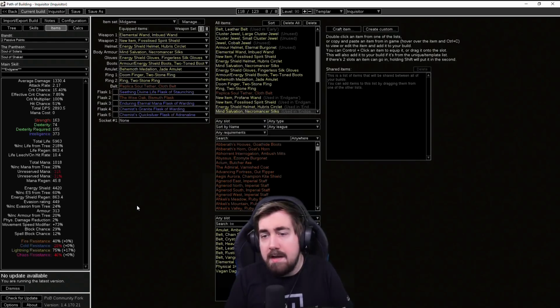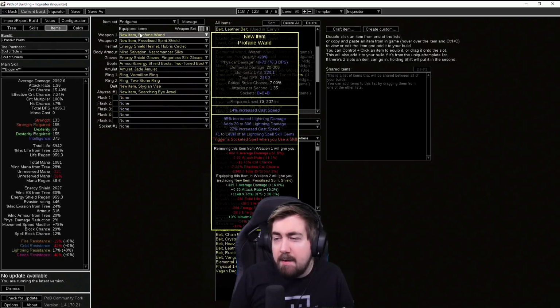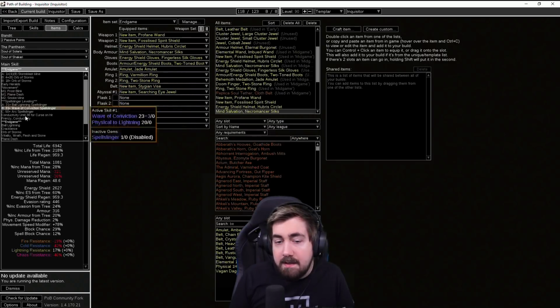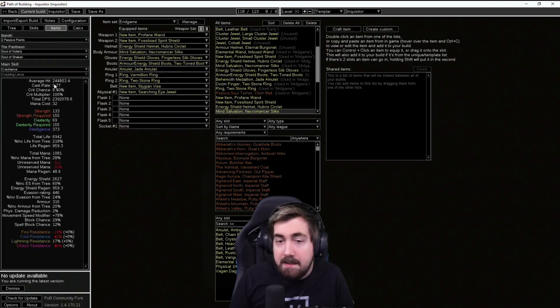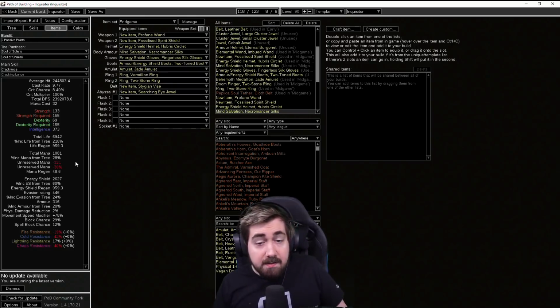And in the notes, we're going to have a PoE trade search to buy jewels for Trade League for you easier. Now, if we look at the end game, I've chosen to go with the Profane Wand. I really like the idea of spamming cast speed. We see with what I have, we're getting almost 10 casts per second,